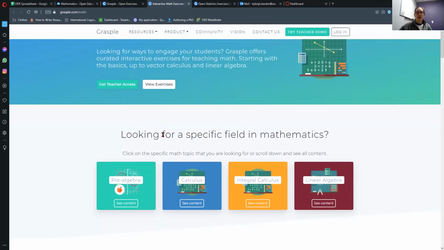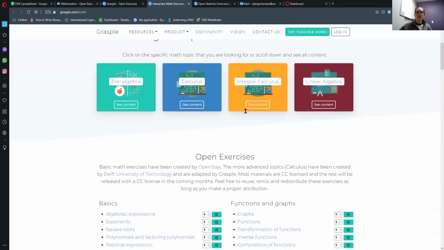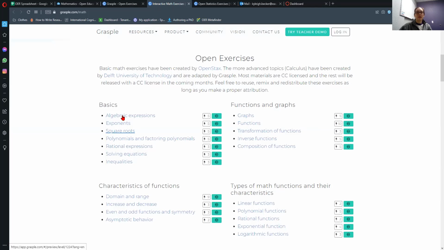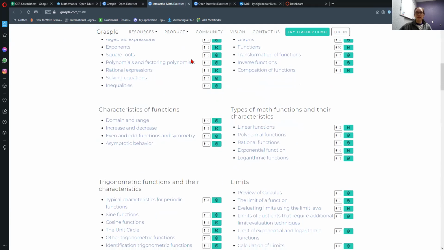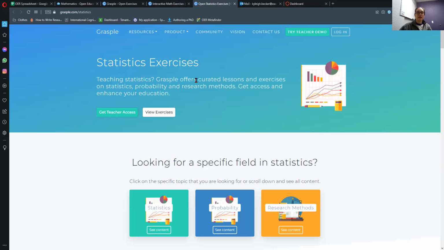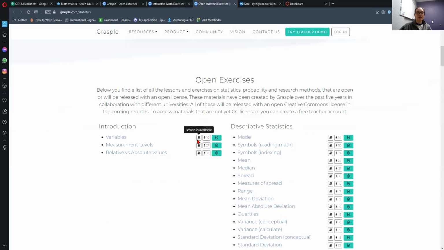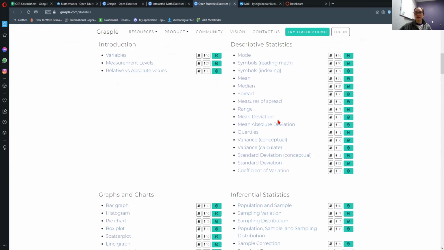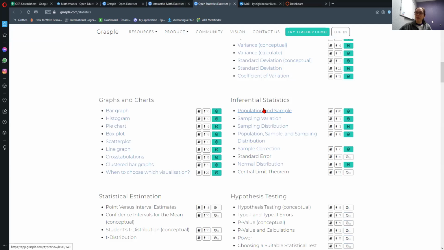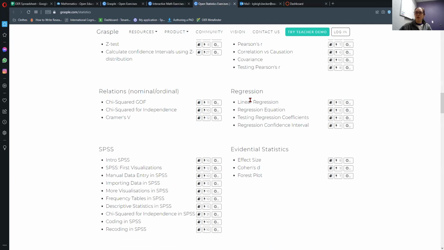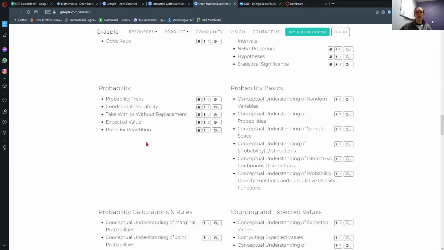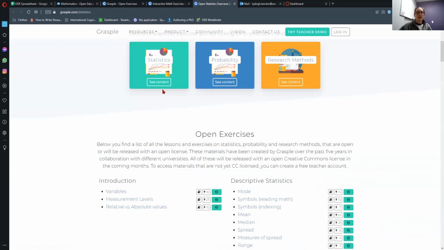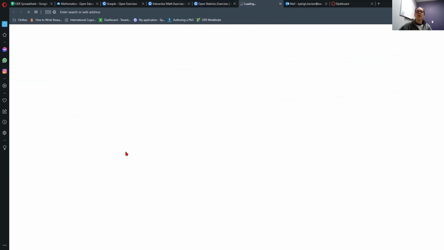So we have interactive math exercises. We can say what we're specifically looking for. There are different exercises that go along with some of the textbook material, and in the statistics one, you can see that these also have lessons available. I don't have an account for this, so if you have an account, they might pop open. I don't know for sure. You'd have to check with an account and see, but right now we're just going to go through and look at